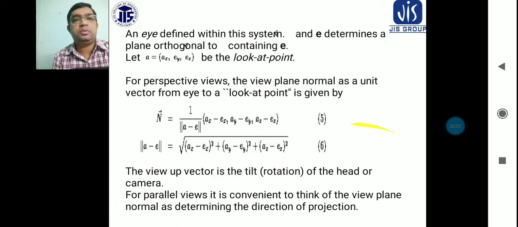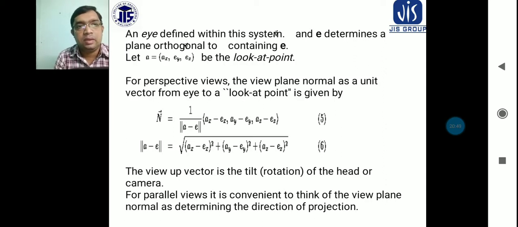You can see here the eye defined within this system. The n-dash and e determine a plane orthogonal to n containing e. Let a equal (ax, ay, az) be the look-at point. For perspective views, the view plane normal as a unit vector from the eye to the look-at point is given by n equals 1 by the magnitude of a minus e,